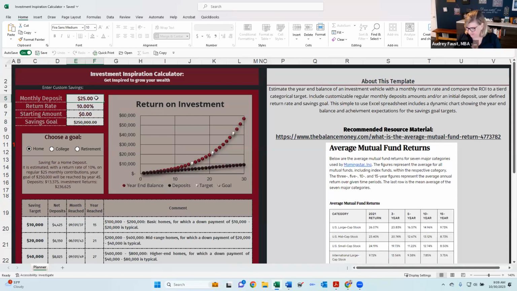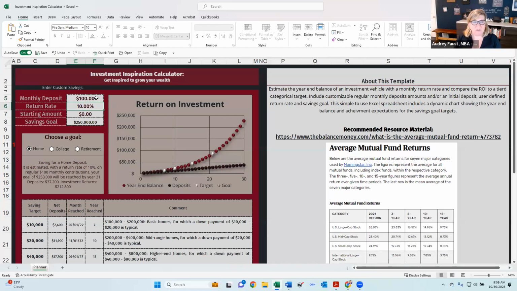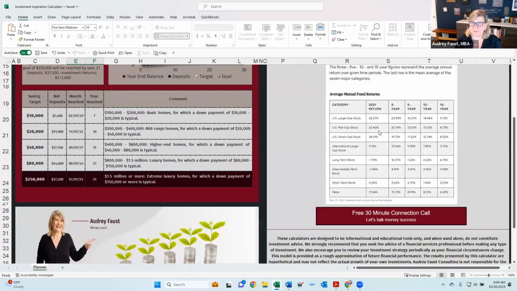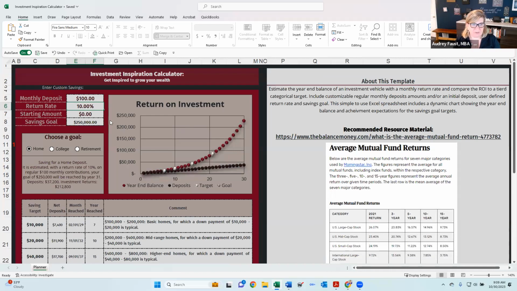And let's say you have $100 that you can invest every month, right? And I use a rate of return. You can change the rate of return. I use a rate of return of 10%, which is conservative based on this chart I have over here. Again, you can play with it to whatever rate of return you're comfortable with.